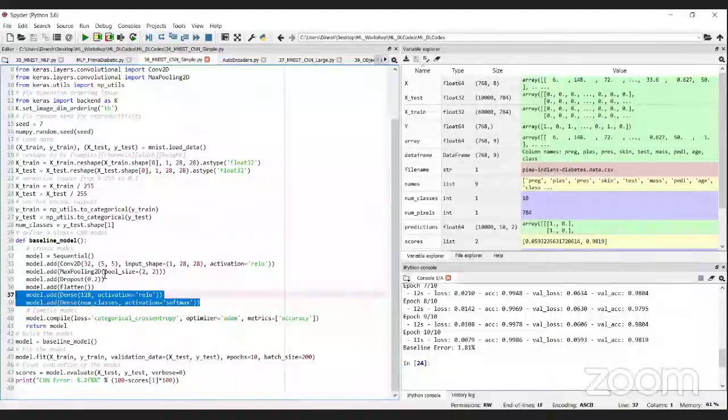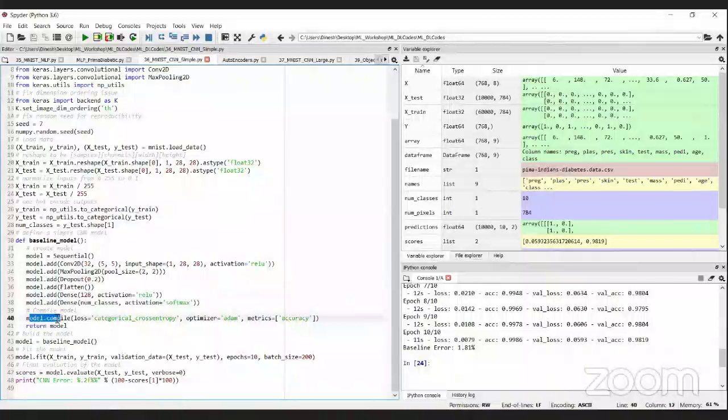Though it is a deep learning architecture, I have used only one convolution layer and one pooling layer. So for your application, if you want to add more convolution layers, you can keep on adding them. Actually, we'll see one more large architecture, a slightly bigger architecture. So this is how you can do it.